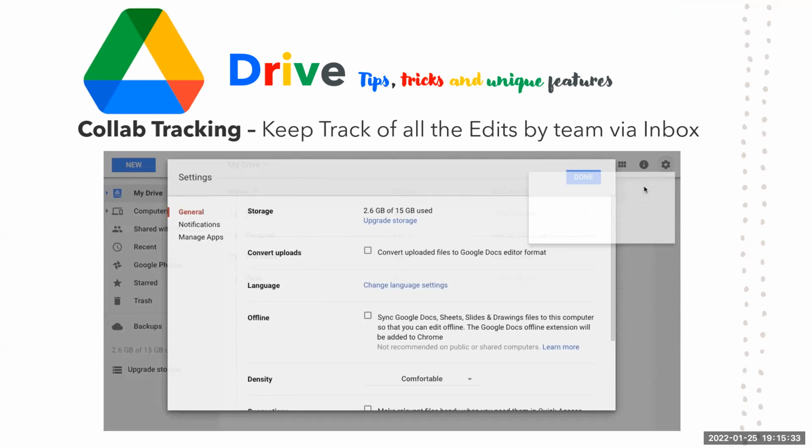This all works on ownership. So if you are the collab worker and the owner is somebody else, then that person will get the update. You will not, even though you have the right to edit, because you're not the owner. So that's why you will not. Okay, fine.